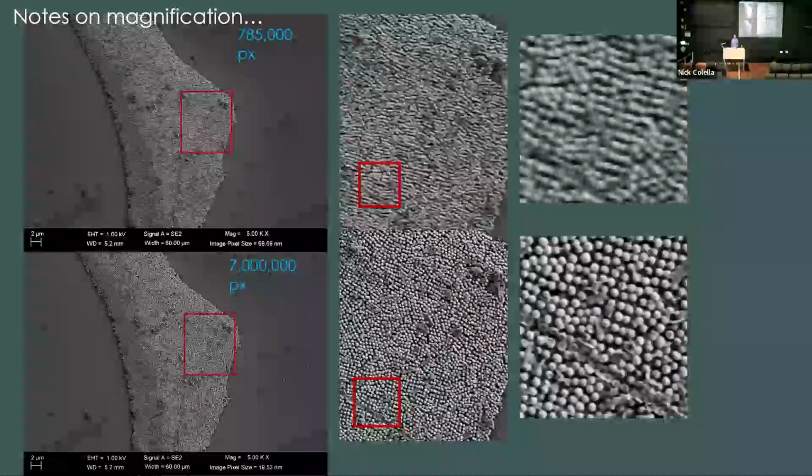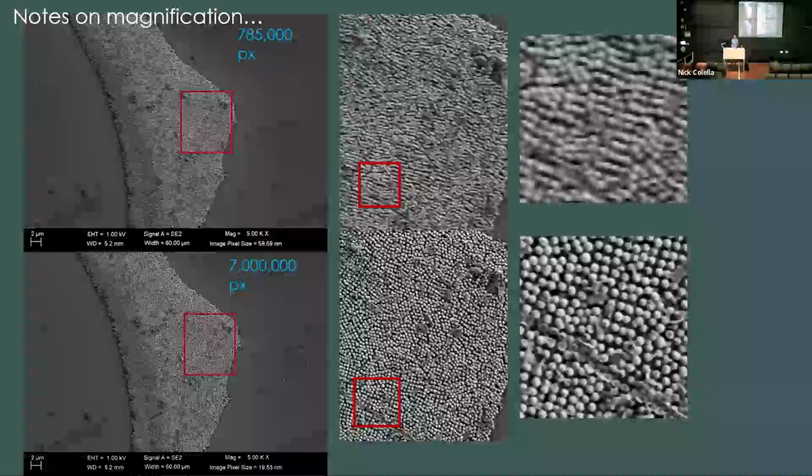So when you think more about magnification, right, it's a tough concept because it doesn't always tell us all the information that we need. The magnification is going to be based on the width of the image field of view, both on the sample and how it's displayed, right?